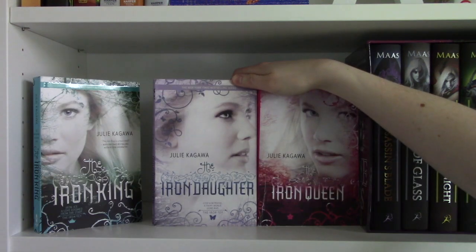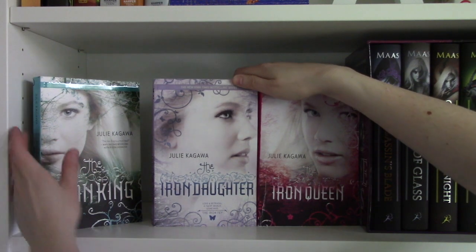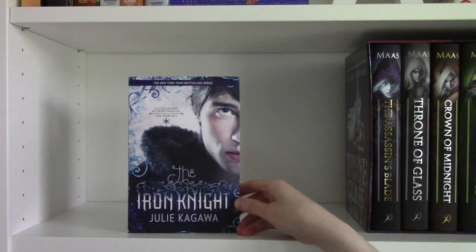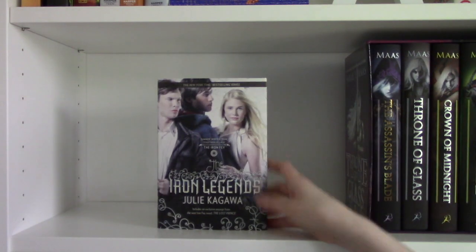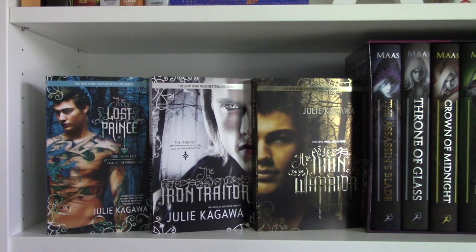I have the first trilogy of the Iron Fey series, which consists of The Iron King, The Iron Daughter, and The Iron Queen, written by Julie Kagawa. I have the spin-off book, which is The Iron Knight. The short story collection, which is The Iron Legends. I also have the spin-off series, Call of the Forgotten, which is The Lost Prince, The Iron Traitor, and The